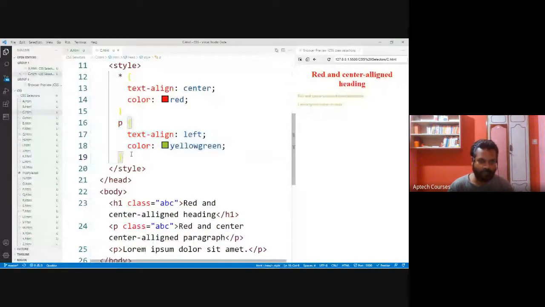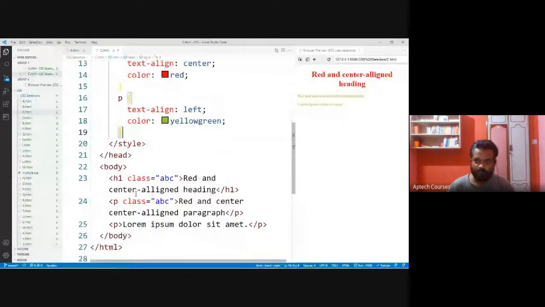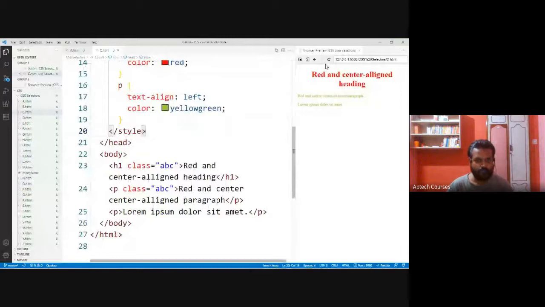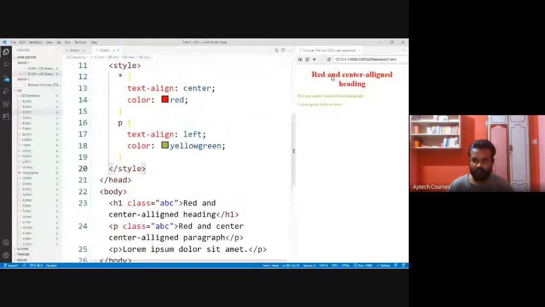Even though we have universal selector, which one is given more preference here? Red center aligned, lorem ipsum. See, first we are getting red and center aligned heading, right?